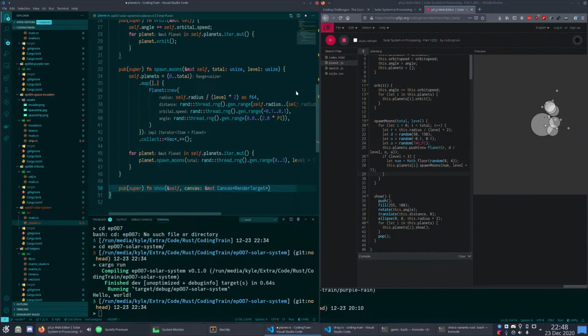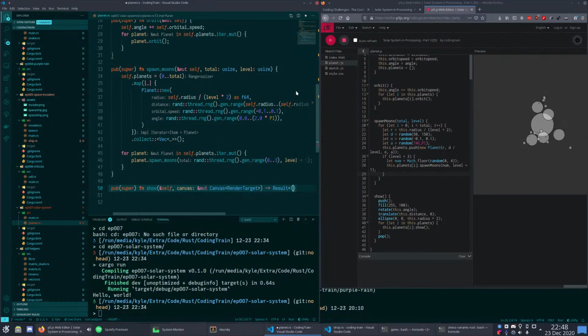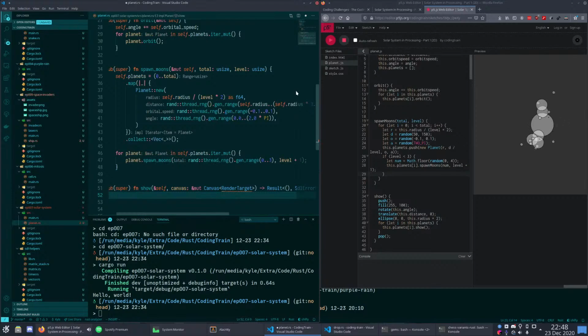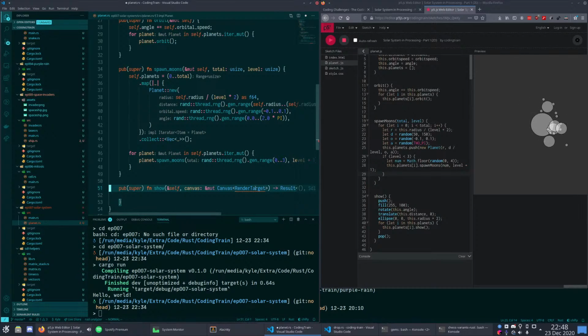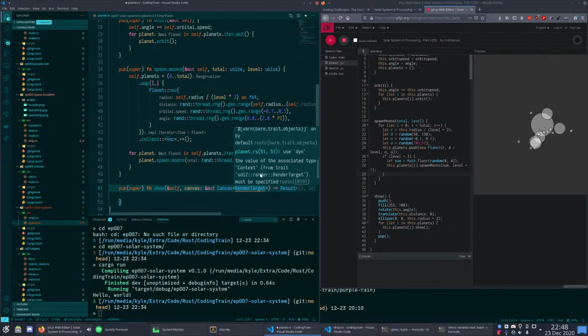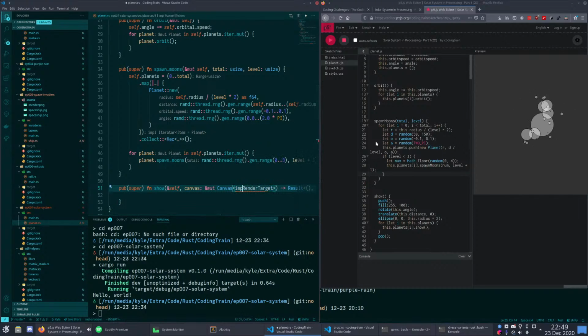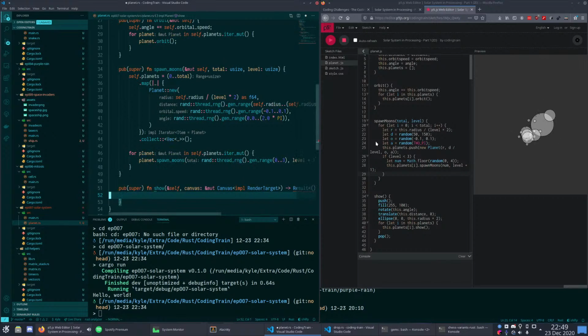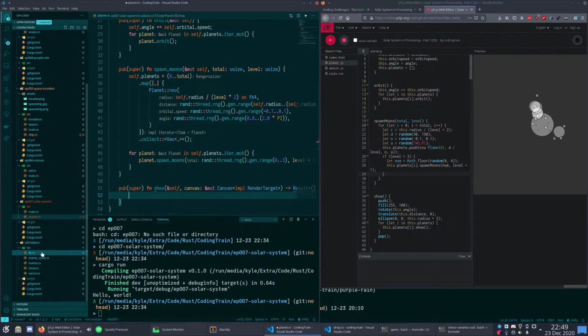Now we're going to draw ourselves to the canvas. What's wrong here? Oh, that's impl. Impl render target. Forgot that's generic. Then we will say, well, we can pretty much do exactly what he's doing here because one of the features